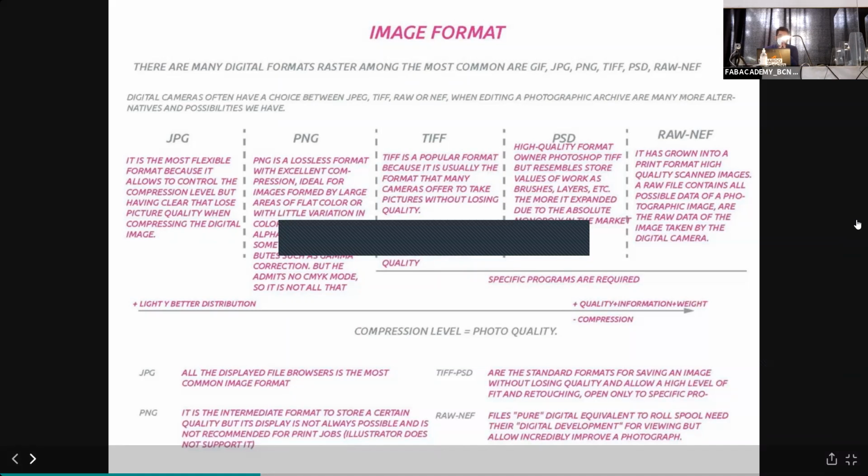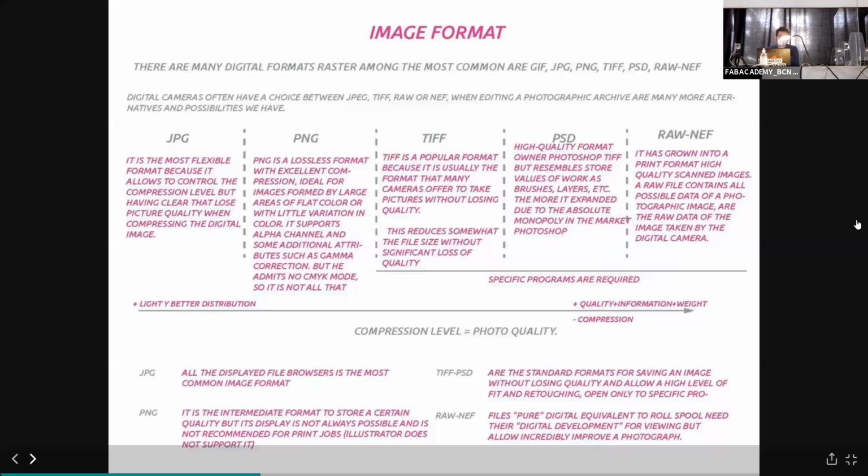So when we save raster images, we need to see the differences between the formats. I suppose most of you are used to JPEG, a compressed and standardized file format. Right now, it's the most widely used all over the world because it gives a good ratio between quality and file size. That was popularized again with the rise of smartphones and mobile devices